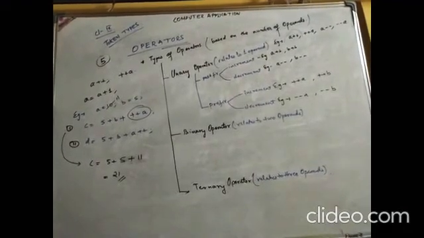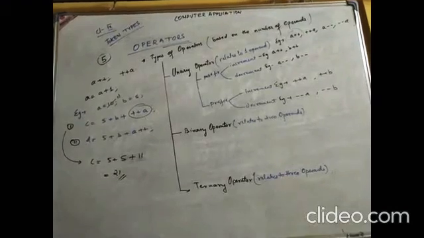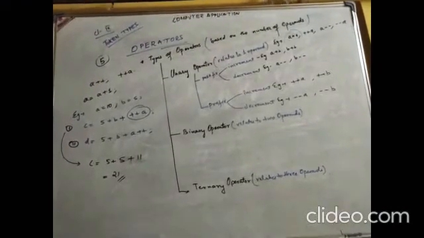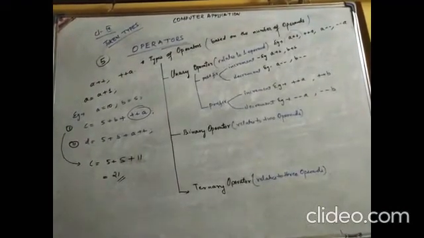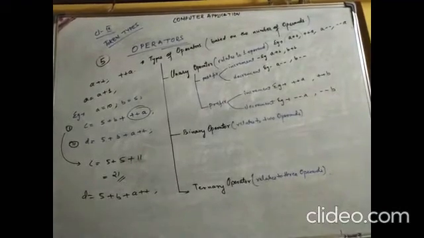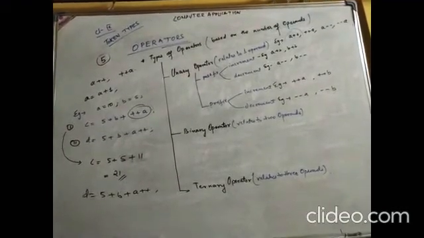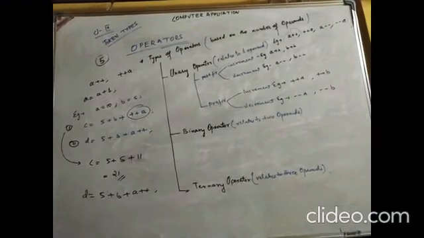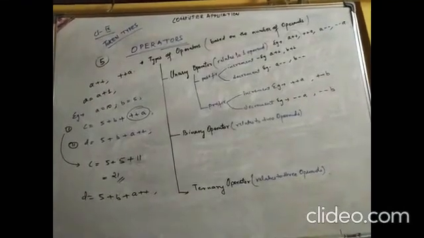Now, taking the same example with a value as 10 and b as 5, let's solve the second one. The value of d will be equal to 5 plus b plus a plus plus. Firstly, 5 plus the value of b, which is 5, then I'll write plus a. Now, first we have to use the value, and later on the plus plus is applied, no? Okay.